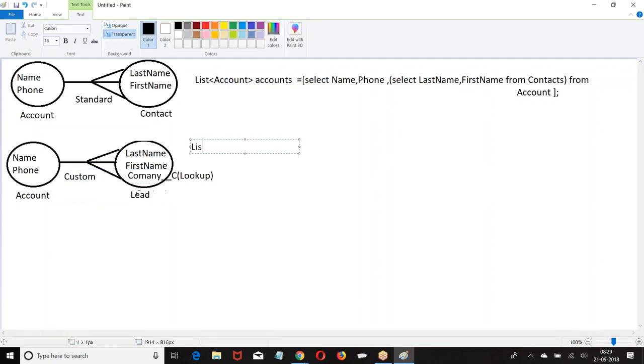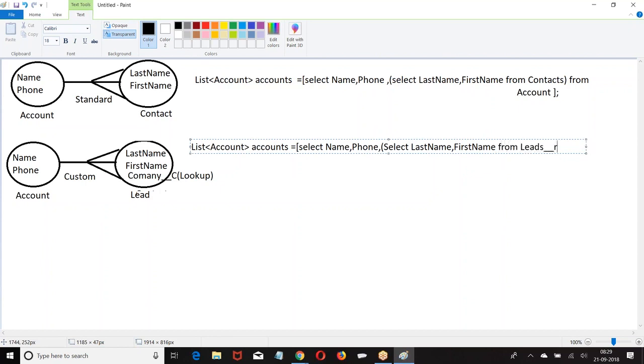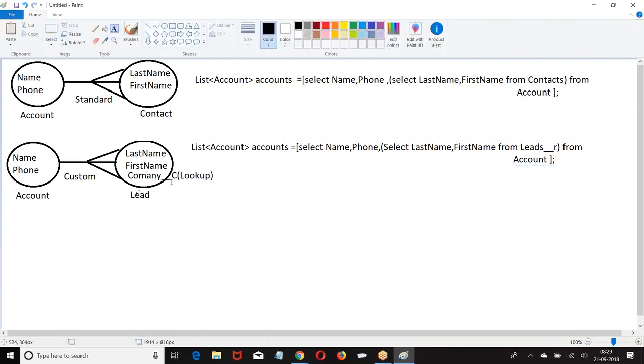Again, list of, from. Both of them are standard objects only, but the relation is custom.